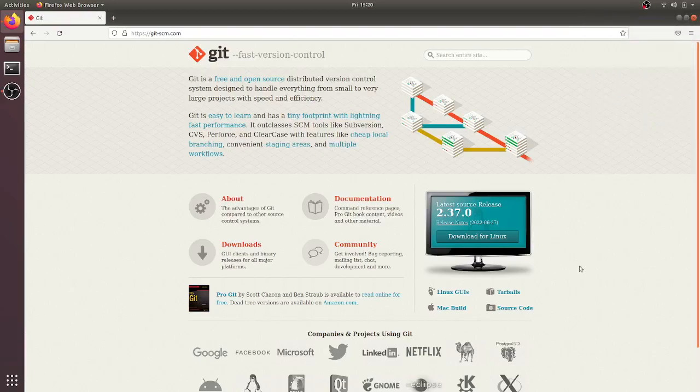Hello and welcome to the Linux B episode of Git, where we are going to see how we can install Git on Ubuntu. So here we have already opened the Git website,